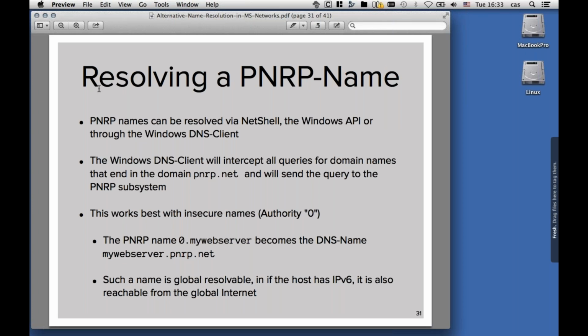Now, resolving names that are registered can either be done with netshell, the Windows API, or through the Windows DNS Client. The Windows DNS Client intercepts all queries that go for a domain name with the domain pnrp.net. And these queries will never be sent to the real DNS system, but they will be sent to the PNRP subsystem. And that works best with these insecure names, meaning the authority is 0. So a PNRP name of 0.mywebserver becomes the DNS name mywebserver.pnrp.net. And that can just be resolved